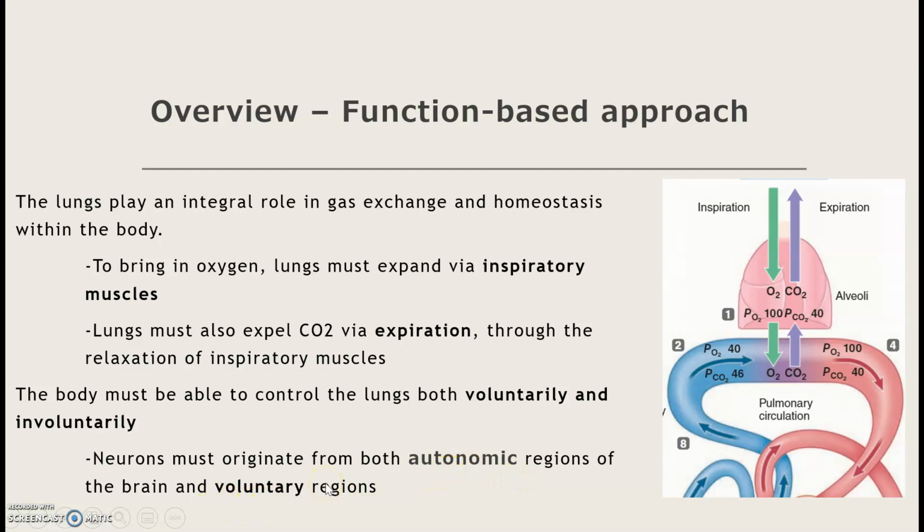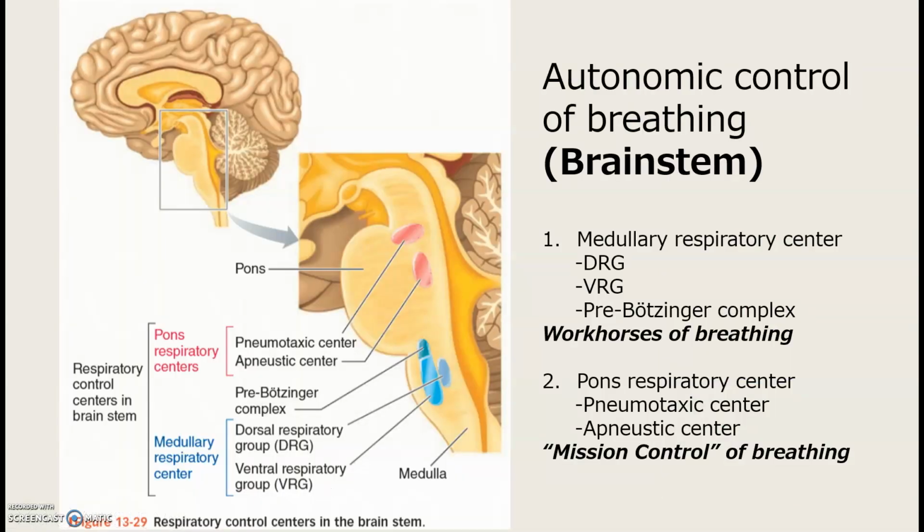So that's what we're going to be going through, is this automatic response in breathing and also the voluntary response briefly. So to do this, we have to look at the brainstem, which is usually considered the part of the brain that keeps you alive, even if the other parts of your brain weren't functioning. So we're going to be looking at two main spots, the pons and the medulla. So the medulla will be the first thing that we're going to look towards, and as you can see, it's inferior to the pons. So I like to think of this as the original, the starting point of breathing, and then these are little higher centers that can influence these centers of breathing.